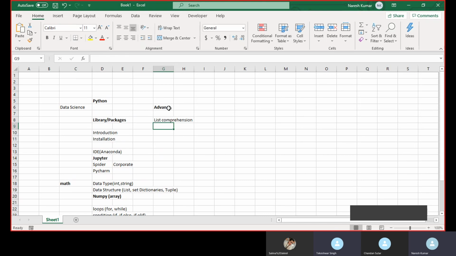We have something called parameter, and we have something called iterator and generator. And we have something as OOPs concept or OOPs basic concept.